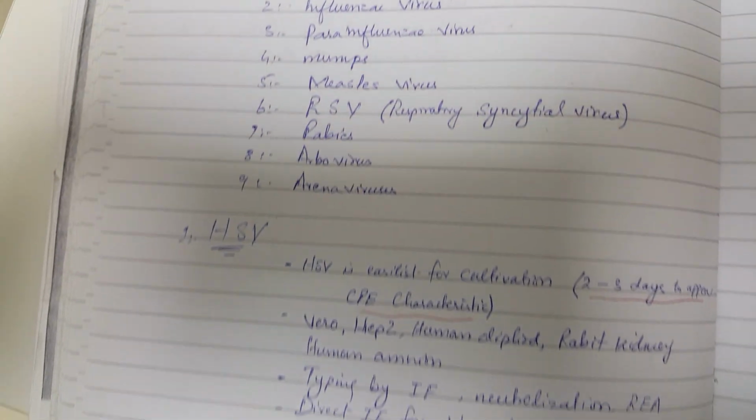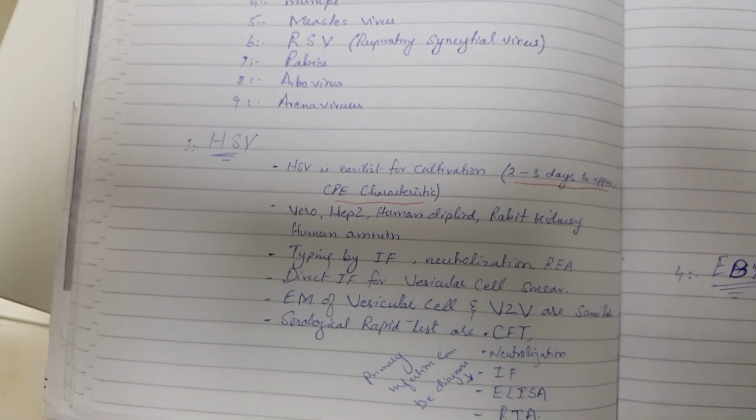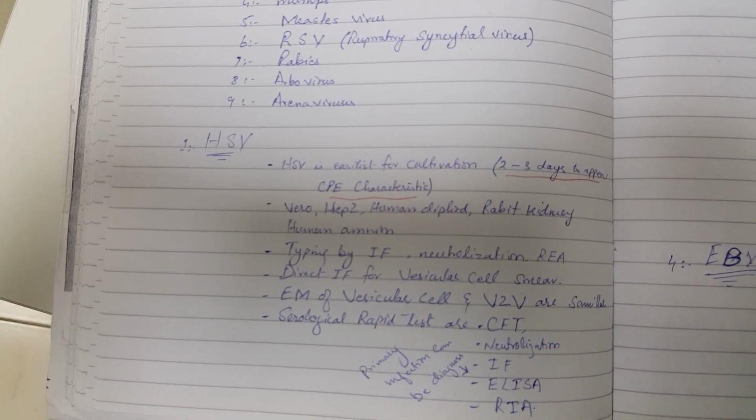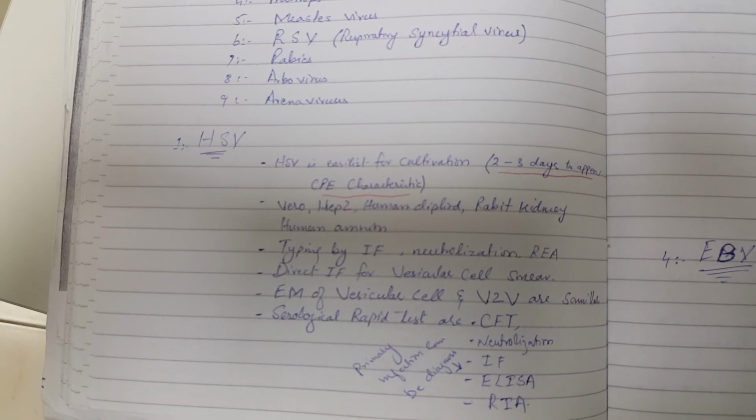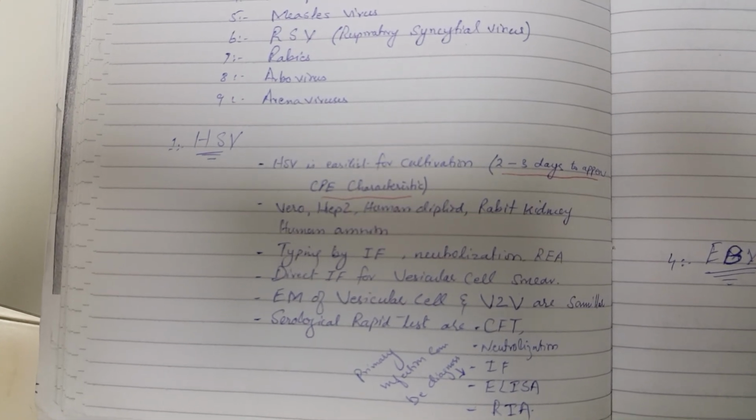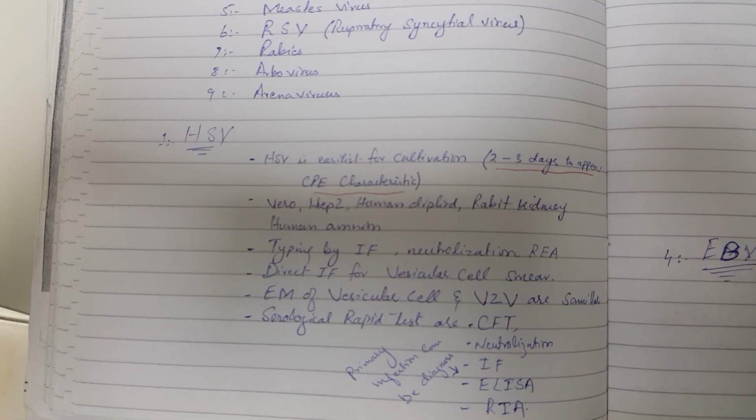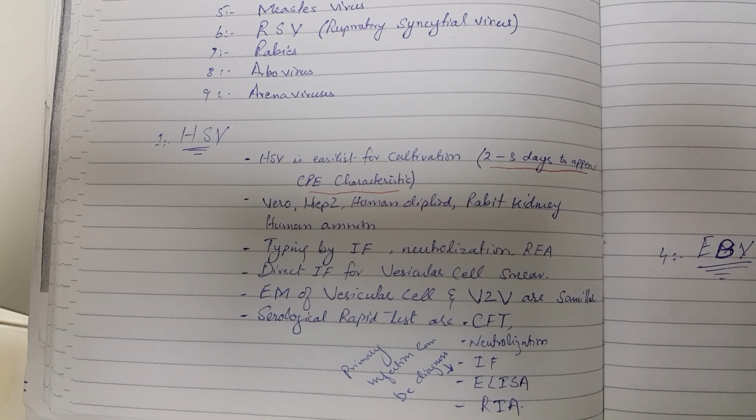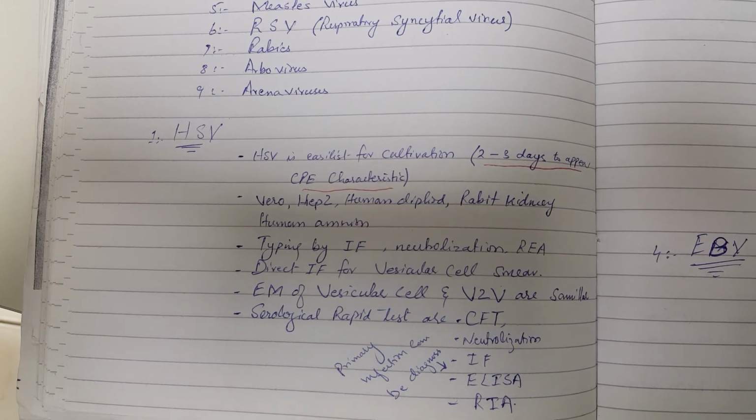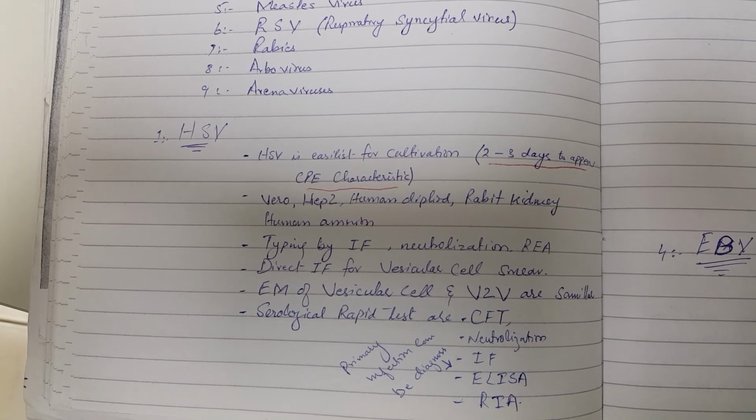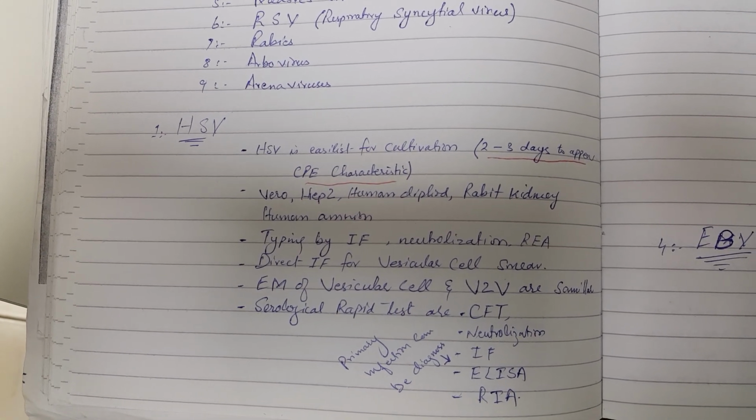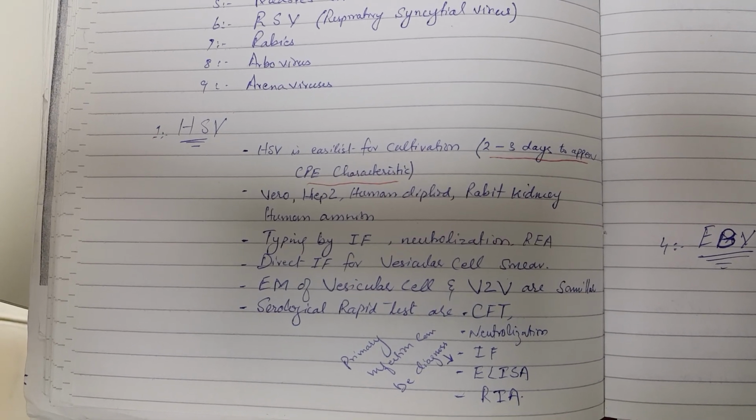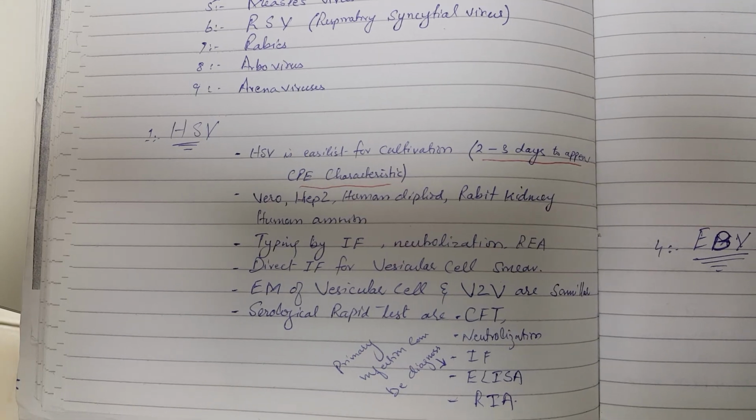First, we will explain the DNA viruses. Among the DNA viruses, herpes simplex virus is the easiest to cultivate. It takes only 2 to 3 days for the cytopathic effects to appear. Vero, HEp-2, human diploid, rabbit kidney, and human amnion cell lines can be used. Typing is done by immunofluorescence, neutralization, radio enzyme assay, and direct